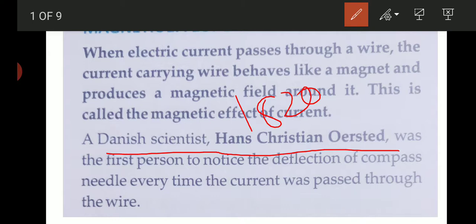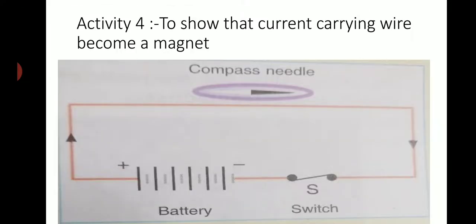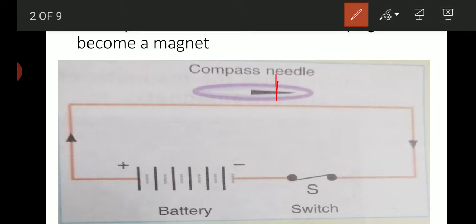The magnetic effect of current can be very easily demonstrated by bringing a magnetic compass near a current carrying wire. The compass needle gets deflected. It shows deflection, meaning that a magnetic field is produced near the wire. So let's discuss how we can make a current carrying conductor a magnet. Firstly, set up a simple electric circuit using a 9 volt battery and place a compass needle above it.